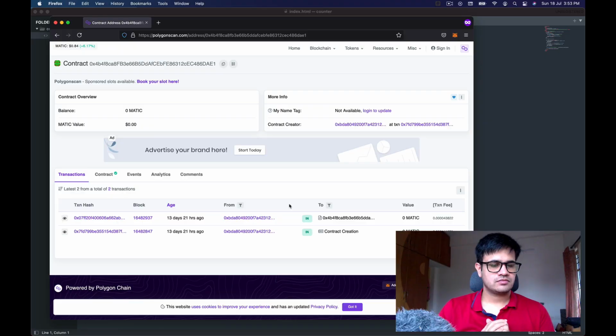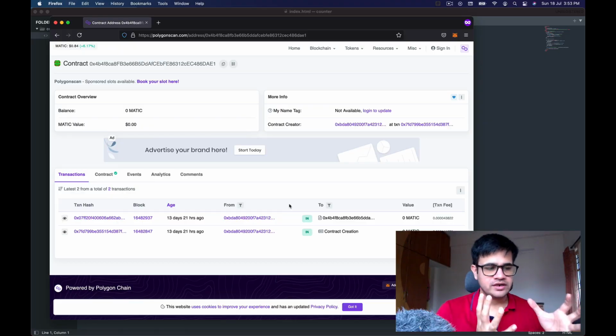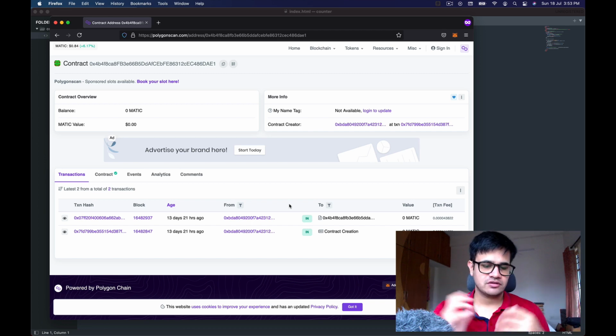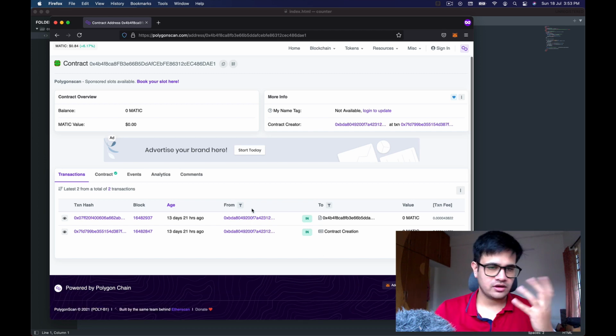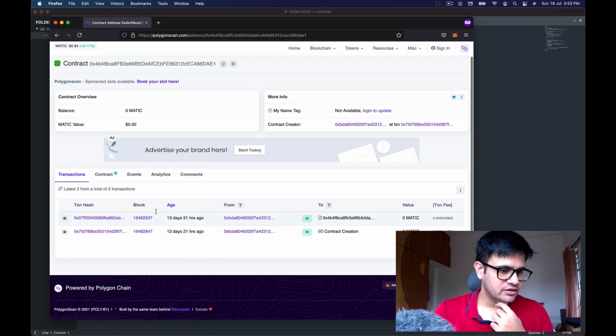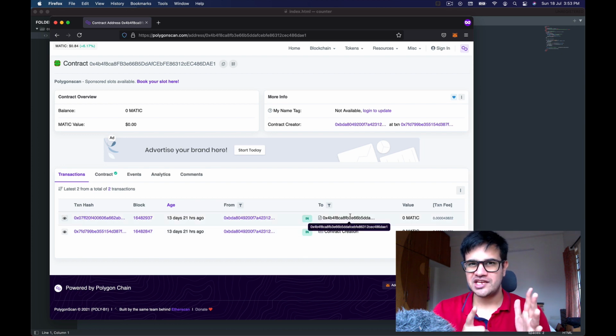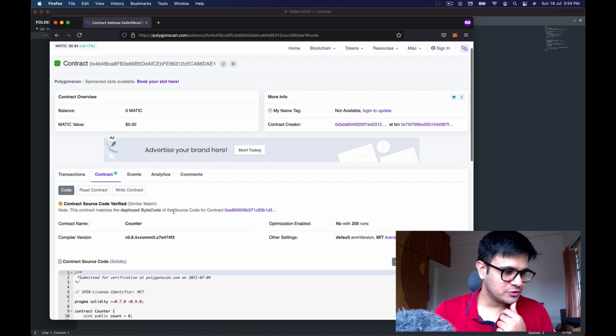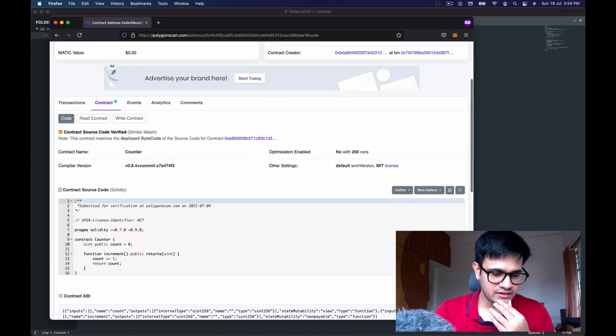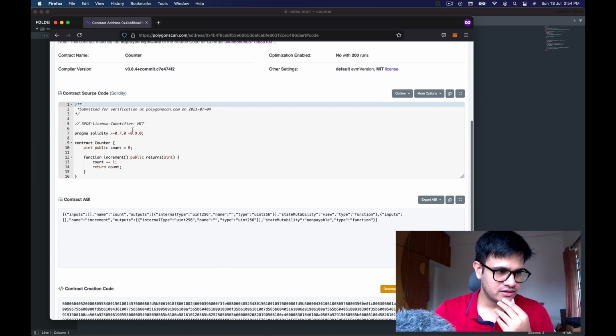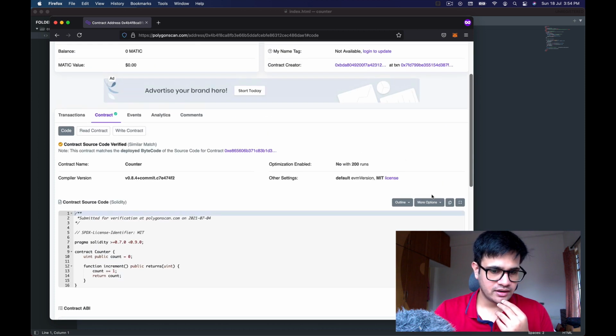Let's get started. All right, so I've opened the Polygon scan page of the contract in my Firefox, and you can see that there have been only two transactions. One that I did was contract creation, the other was increasing the counter. So no one who was viewing the video went and interacted with it, which is disheartening, but fine. So I go to contract and I can see that there is this ABI that is present, the contract source code that is there, and that's pretty much it.